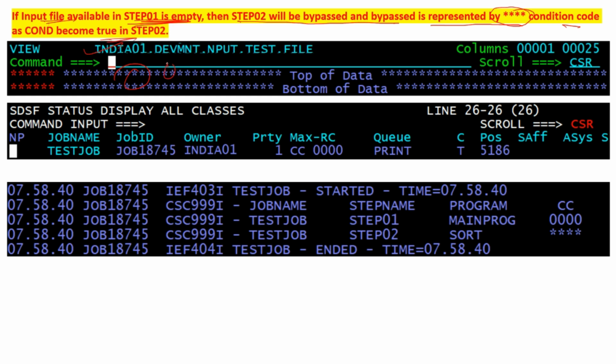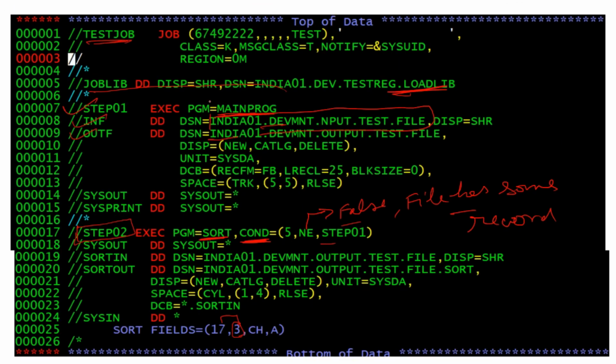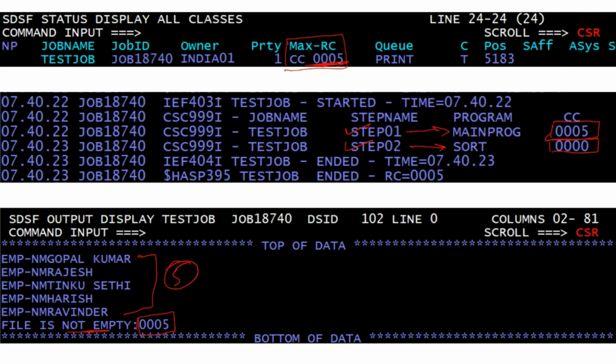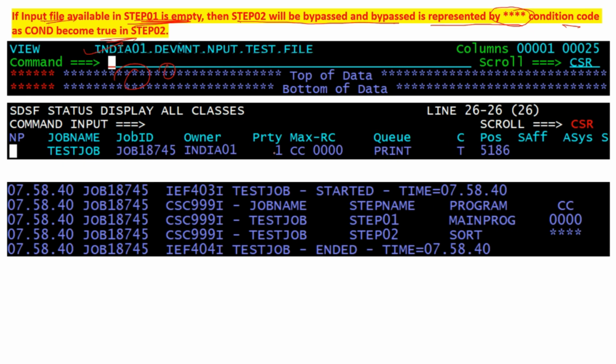We have 0 records here. If I go into the program, it will check whether 0 is greater than 0, so its condition becomes false, so it will not go into the body of the IF statement. So it will return the max return code 00.